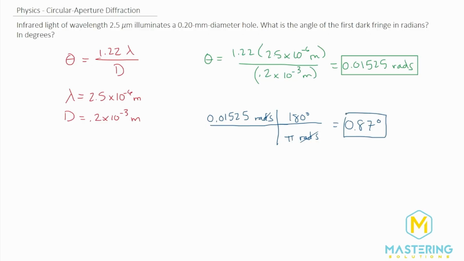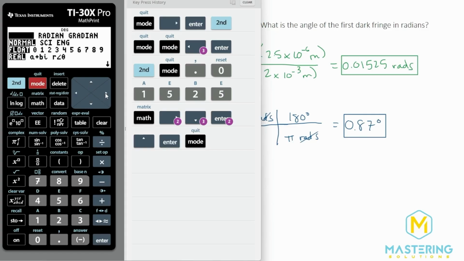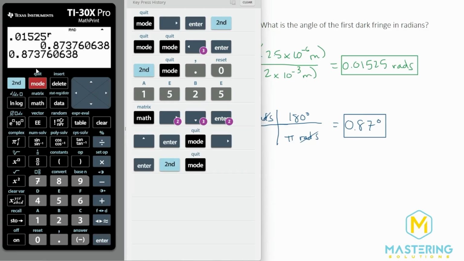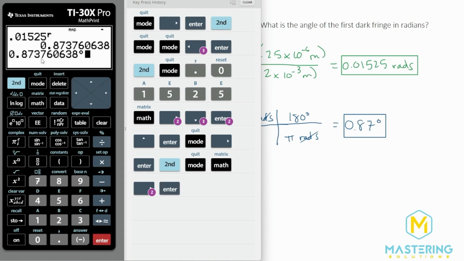And that is several ways you can convert radians to degrees, and you can do the same thing the other way. So if you want to convert these degrees into radians, we need to make sure our mode is what we want it to be. We want it to be radians. And now we have this many degrees, but we need to tell it that it is degrees. So we go to the same thing, math, over to DMS, and 1 to say that is a degree right here. And then when we hit enter, we get 0.01525 radians.